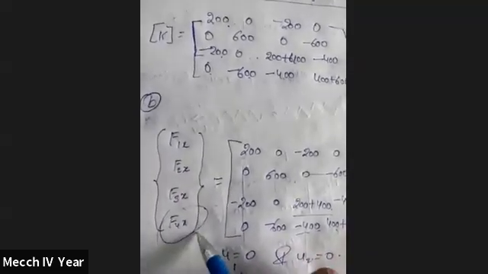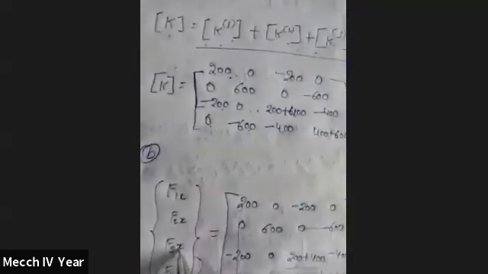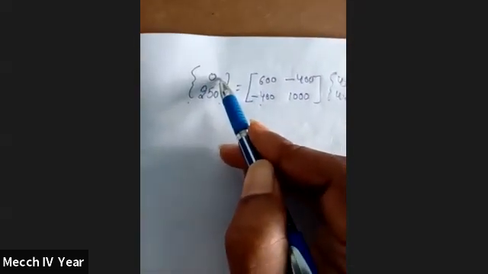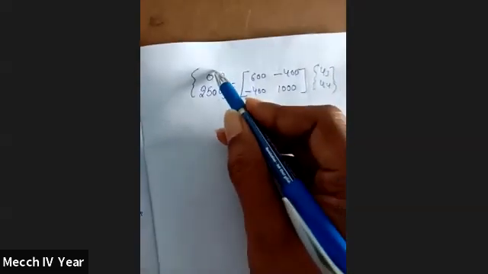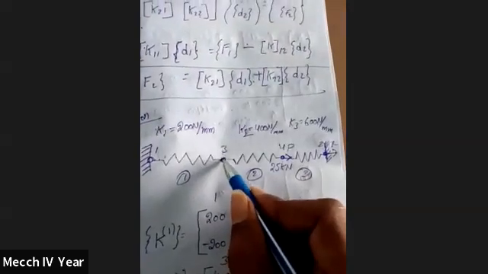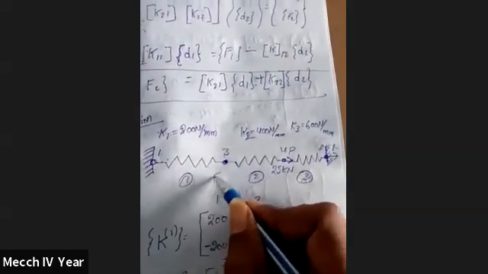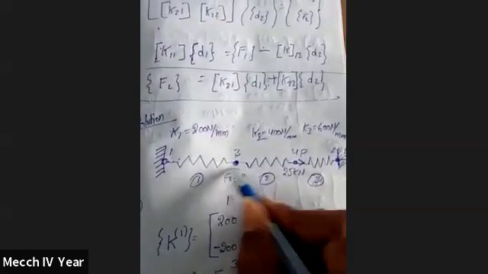But here it is coming from here. F4 is given. The force acting is given. That's why I put it here as 2500. Okay, F3 is not given. That's why I'm going to take this one as 0, but it's not 0. Once I get the answers for U2 and U1, afterwards I will find F3x. So initially I'm going to assume that the force is 0. I'm going to fix this element. That means this element is fixed. Then here this one you can take 0.